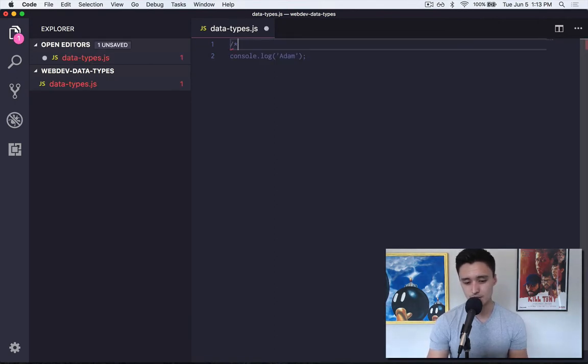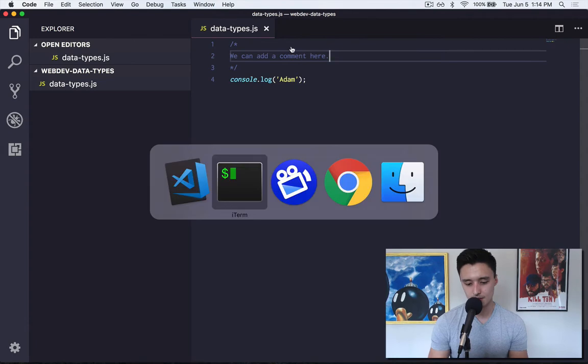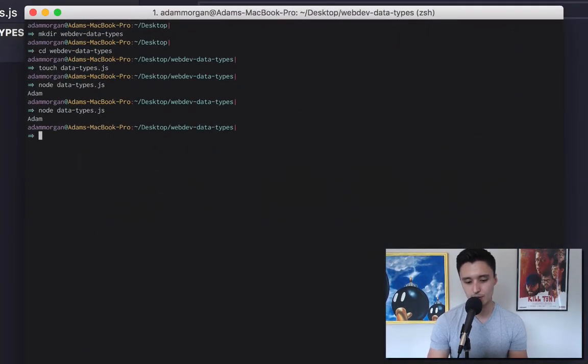So you do /*, and then you do */, and then anything within these two forward slashes and stars is classified as a comment. So we can add a comment here. And then once again, we go back, run the program, and you'll see that the comment isn't printed out to